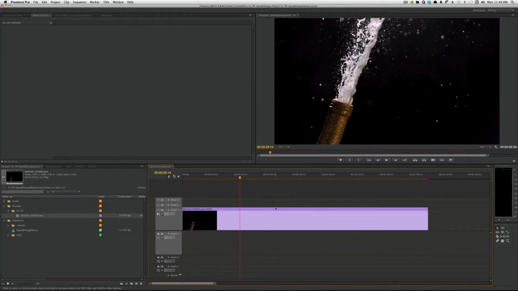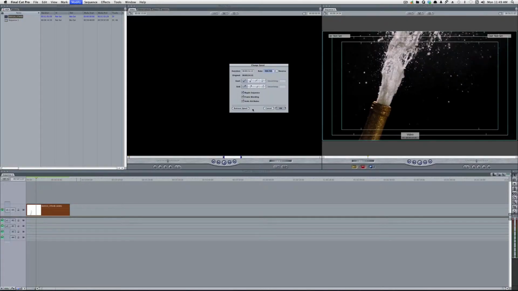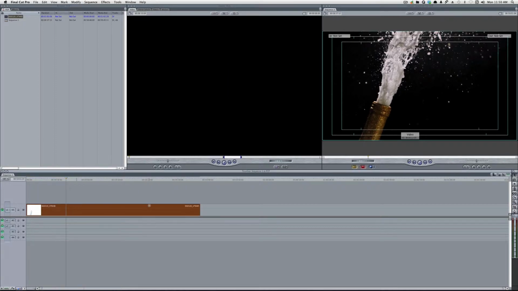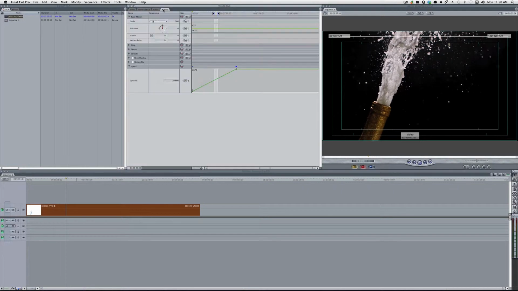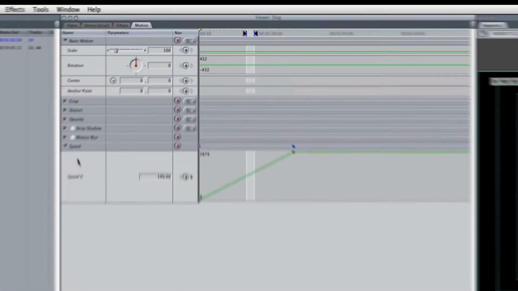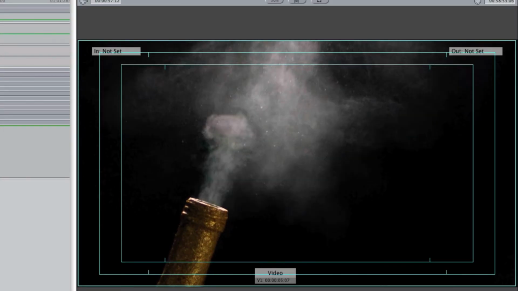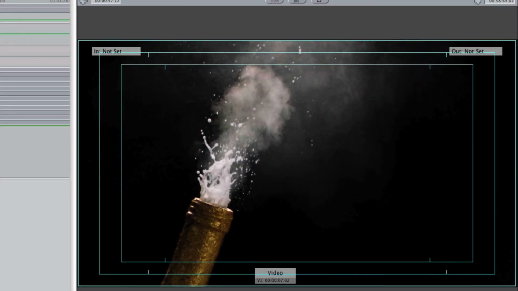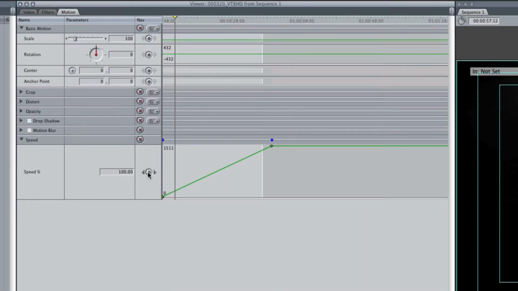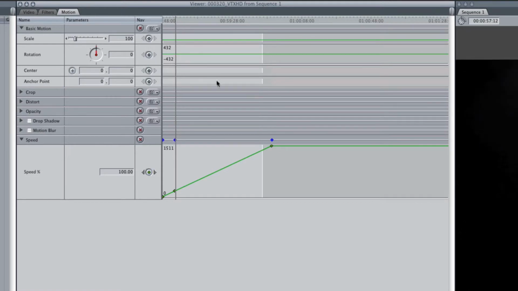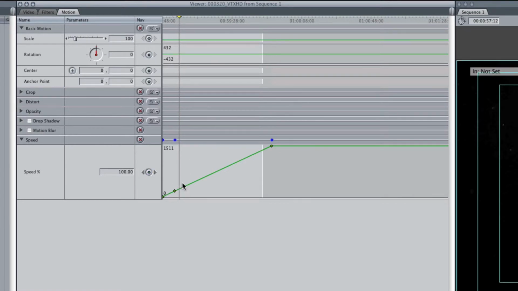Now, there is also advanced speed changes or variable speed changes in both programs as well. So if I come into Final Cut and hit Command J, I can just remove the speed change that's on this one. And if I come on over here, come over to the motion tab of the clip, you'll see I have this speed diagram. So I could just come and scrub the clip till when I want the speed to change. Let's say I want it slow motion till right around here, and I could then set a keyframe, and then I could come a little bit further and say, okay, I want the speed to be increased for that small